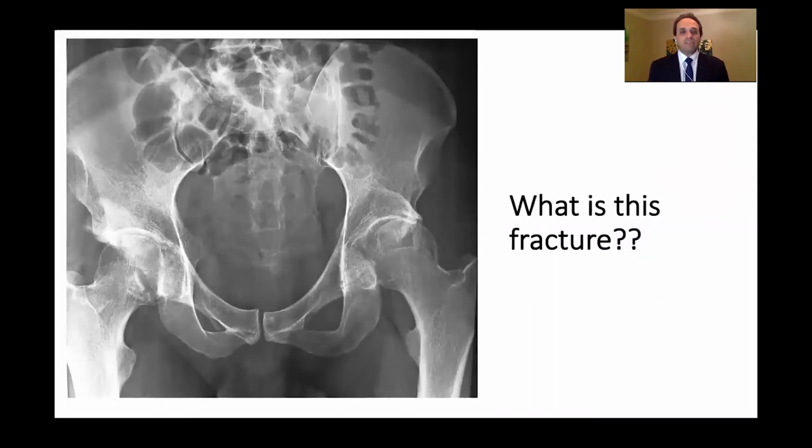First, when you see a fracture like this, you look at the X-ray and you wonder what's happening. On the right side, I think there is some sort of fracture of the acetabulum, and I can see as well a small fissure here. And on the left side as well, I can see a fracture around here. The acetabular roof doesn't look normal, and the head doesn't look in place. It looks some sort of subluxated or dislocated.